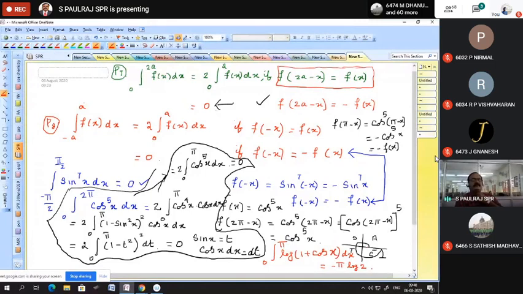So 1 plus tan x and 1 plus sin x, you find the difference and try to do the problem. Don't be afraid, you try to do the problem. I'm not stopping you. But they never ask this problem in the UPSC examination. In the UPSC examination, they will ask property number 7 and property number 8 problems like this.